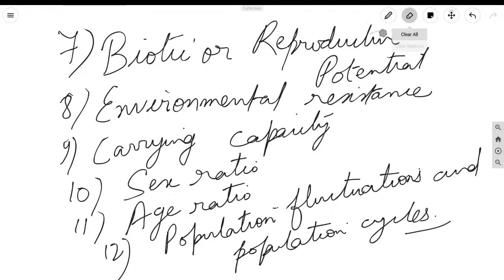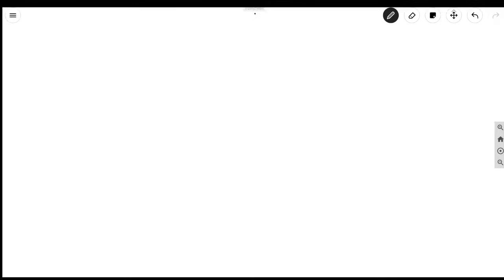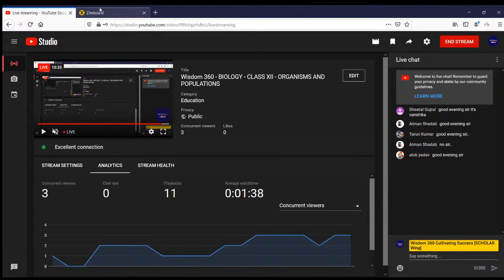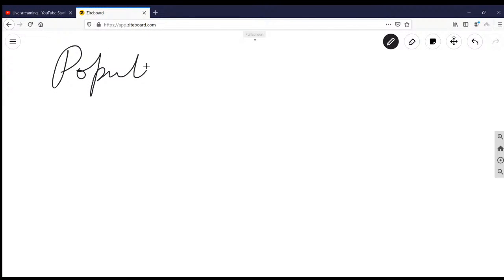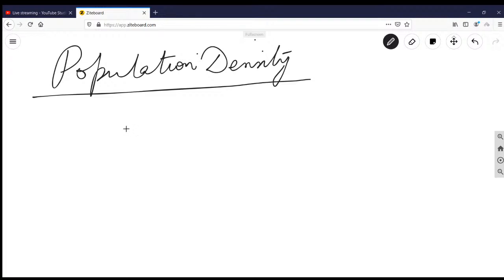Okay. So now first of all, coming on to population density. Without talking about population size, you cannot talk about population density. So first let's talk about population size, then come on to the densities. So population size indicates what? By applying simple common sense, we can say that population size indicates the total number